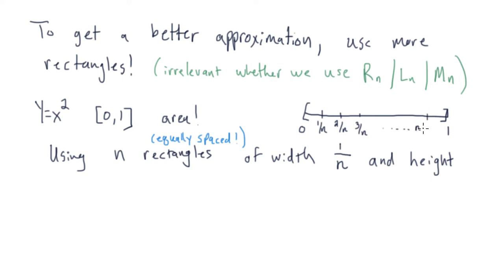My second to last one is going to be n minus 1 over n, and then my last one is 1, which I can think of as n over n. Okay, so the height is going to be i over n squared. So I'm just going to pick one of these right endpoints for the ith rectangle, where i is starting at 1, so between 1 and n,